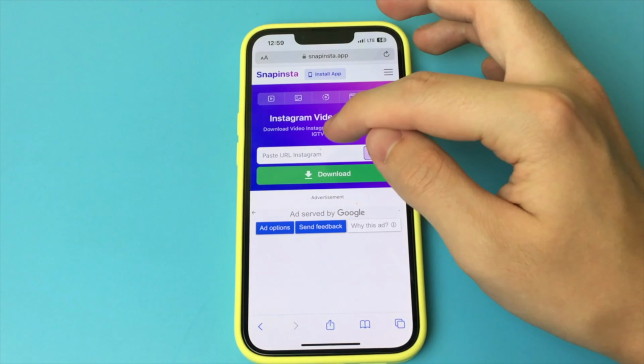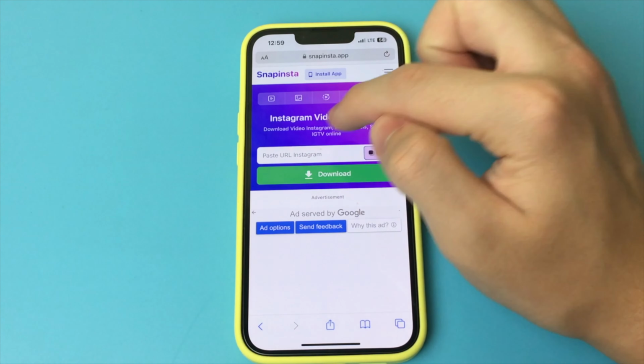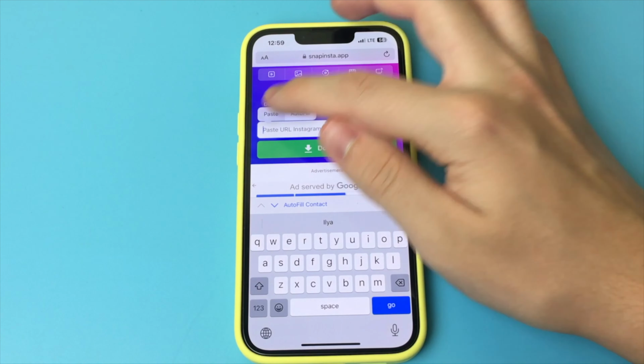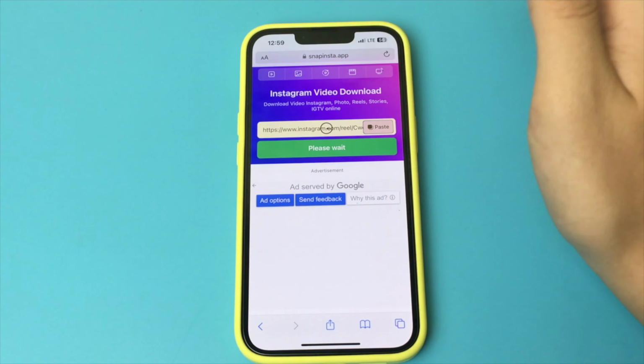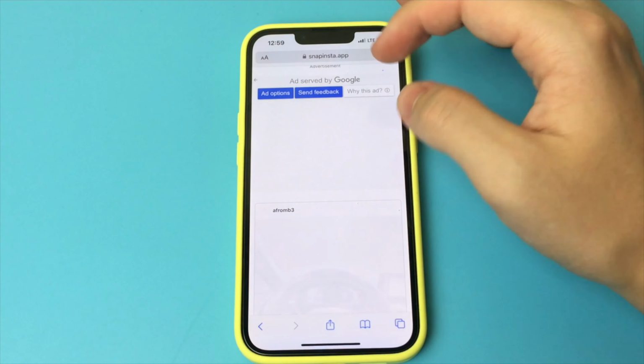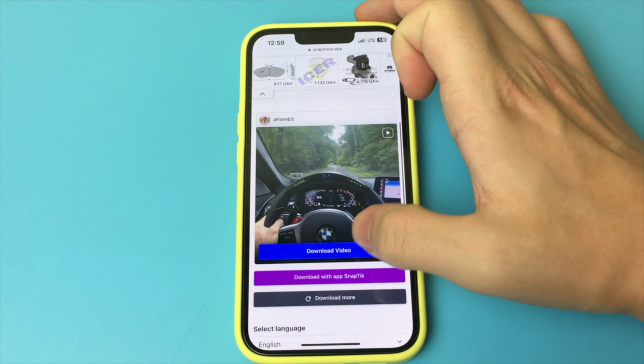You see our video, which you just downloaded. And click download video. Close it. Allow the device to download this file. Now we can go to our downloads, and we see our video among this list. Click on it. Now to add it to the gallery, click on Share, and click on Save Video.